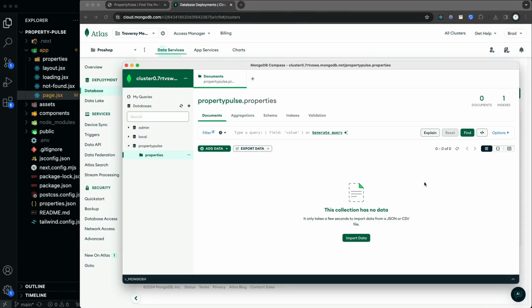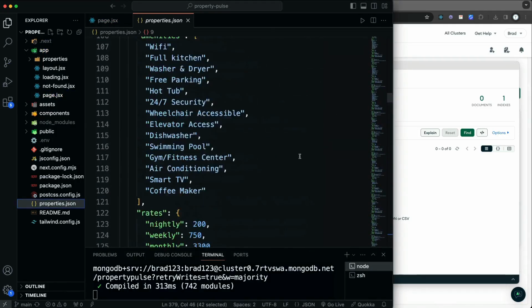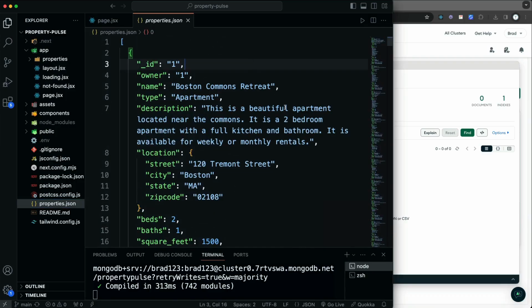So what I'd like to do is import the properties from that JSON file that we have, which is this file right here. Now, one thing that we need to take note of is that when we import data, MongoDB will create the underscore ID on its own. So we don't want to include that in the file when we import it. Because I do want to keep the ID there for you guys for the beginning of the course,